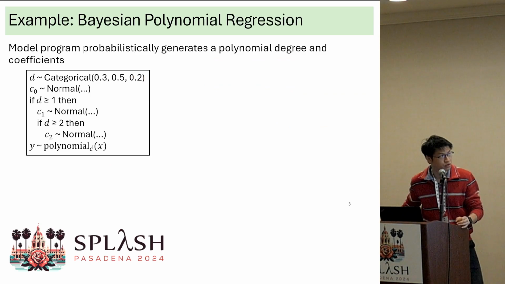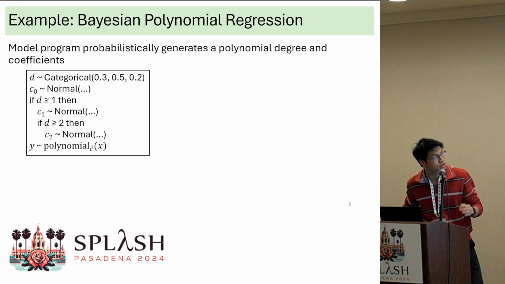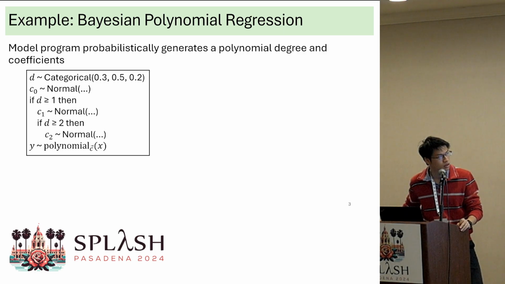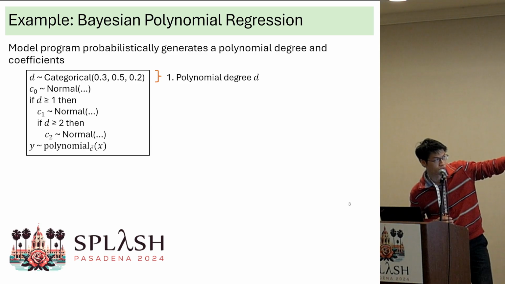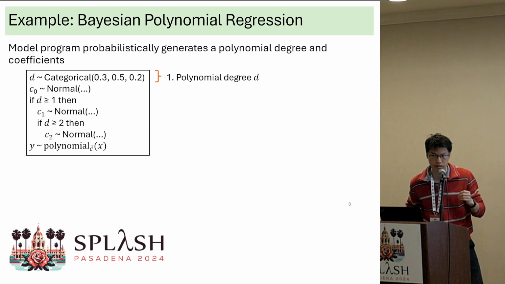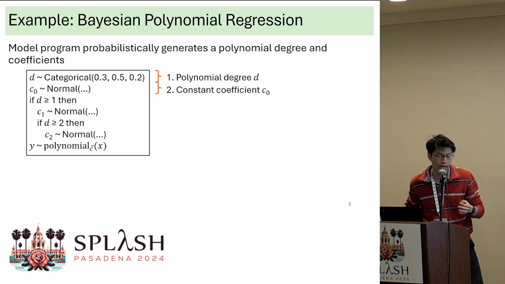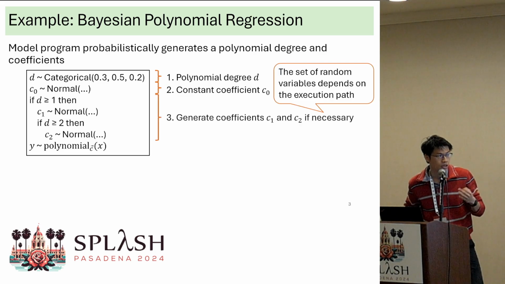As a running example throughout this presentation, I will next introduce Bayesian polynomial regression. The model program works as follows. It first probabilistically generates the polynomial degree d by sampling it from a categorical distribution with 3 buckets. So the degree in this example is either 0, 1, or 2. Next, the model probabilistically generates a constant coefficient, C0, for the polynomial. And depending on the value of the degree, it additionally generates linear and quadratic coefficients, C1 and C2, if